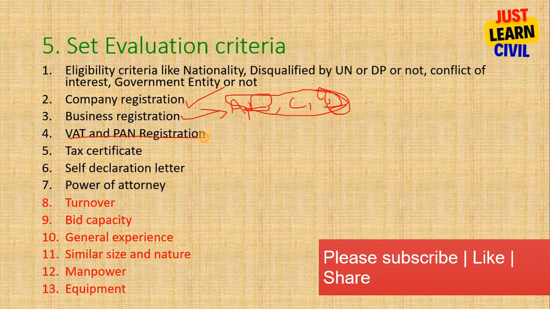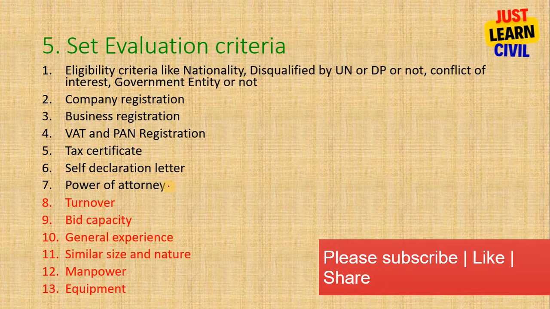Then VAT PAN registration, tax certificate, that is tax clearance certificate. Self declaration letter, declaring that they have no conflict of interest, they are not a government entity, they have not been punished for any offense, etc. Power of attorney, bid signatory attorney, that is who will sign the bid, who will sign the contract. They need to provide a power of attorney to such persons, and these are for the